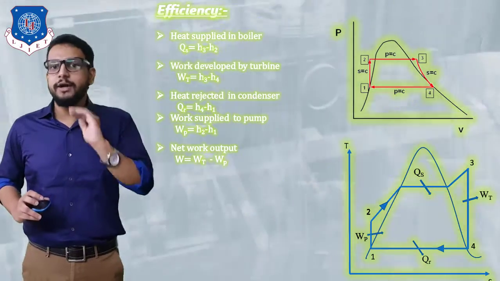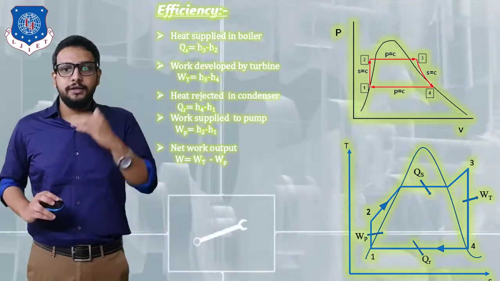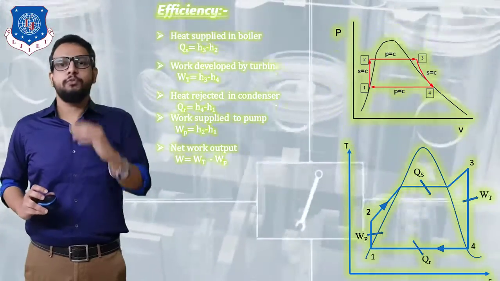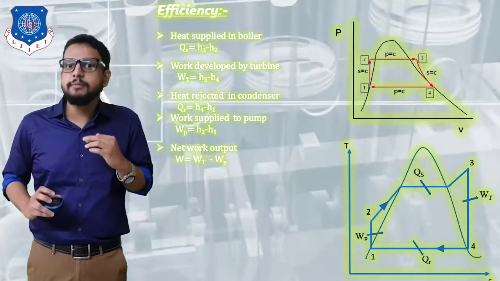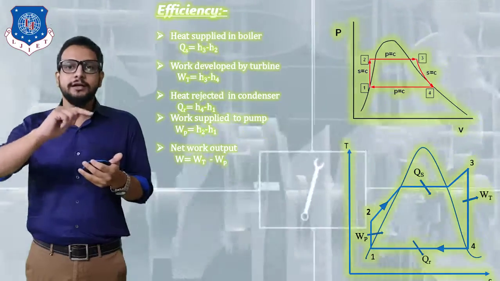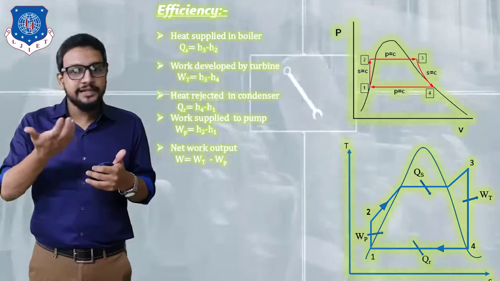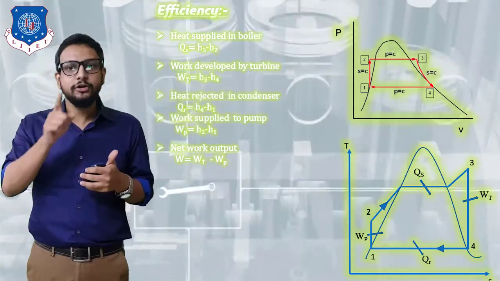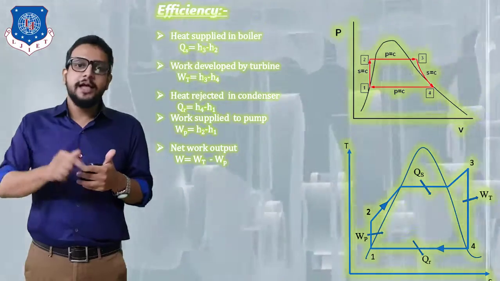And work supplied to a pump. So how much is the work supplied? We would say WP. Okay, so for this, see the process from state 1 to state 2. Now in this process, at which point would we say higher enthalpy will be obtained? At point number 2. Why? Because the pump is going to provide a stirring effect, that is, a centrifugal pump will be used. So because of the stirring effect, temperature is going to increase, and since we know that as the temperature increases, its enthalpy is going to increase. Okay, so at state 2 enthalpy will be higher, so I have written WP is equal to H2 minus H1.